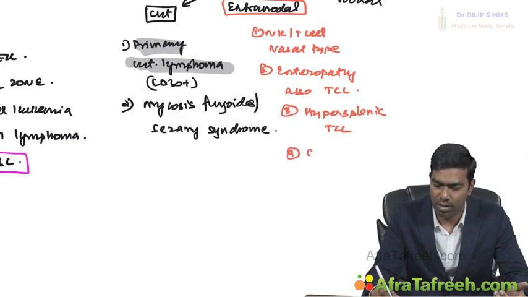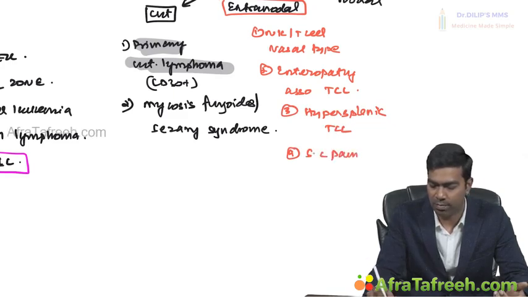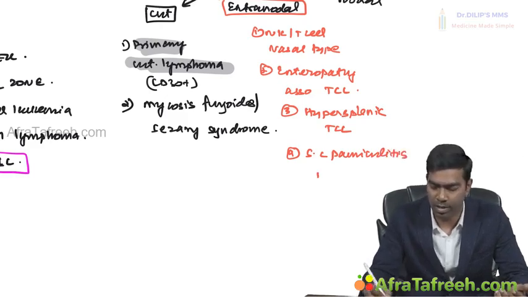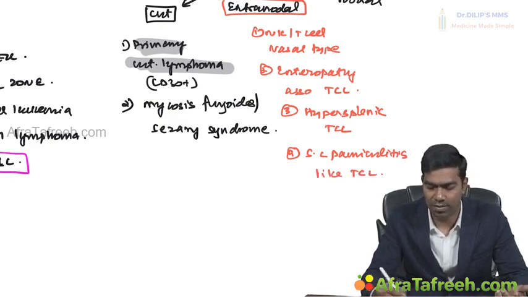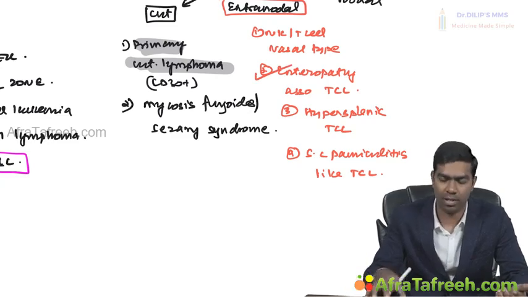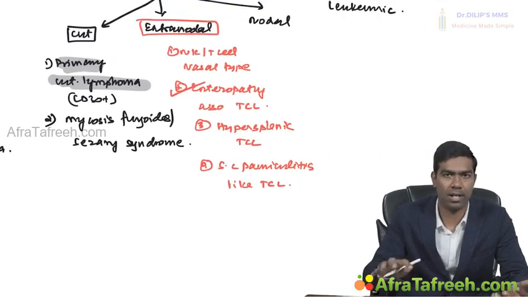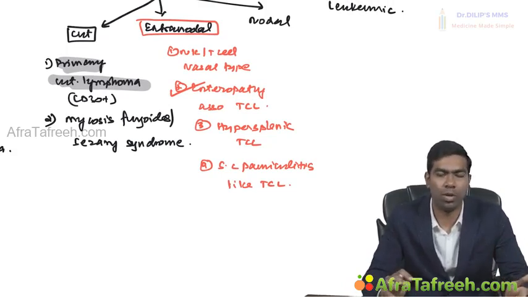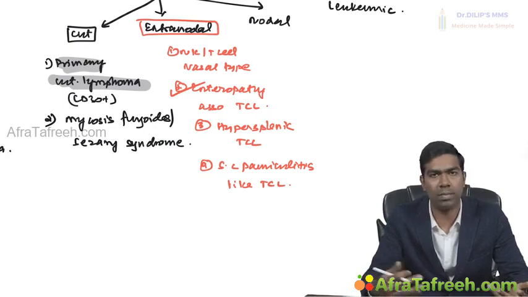Then you have subcutaneous panniculitis like T cell lymphomas. Subcutaneous, not cutaneous, will come under there. Of these, I feel the most important for exam will be the enteropathy associated T cell lymphomas that will be asked under the heading of celiac disease. Especially if the patient is not compliant to the gluten-free diet, the long-term result may be